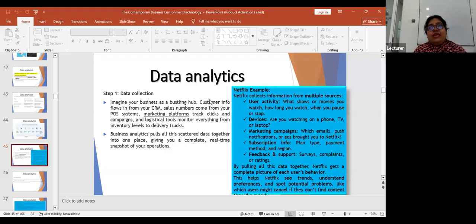That's the thing with this data. There is so much of it. The hardest part is getting only the relevant data and making sure that it's error free. Business analytics pulls all this scattered data together into one place, giving you a complete real-time snapshot of your operation. So the Netflix example is